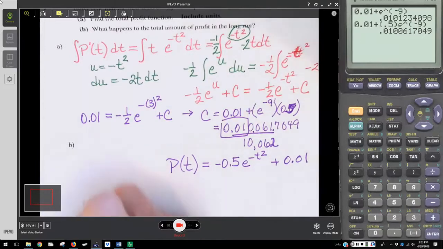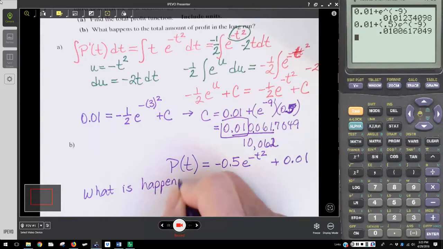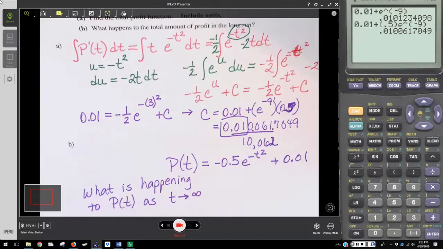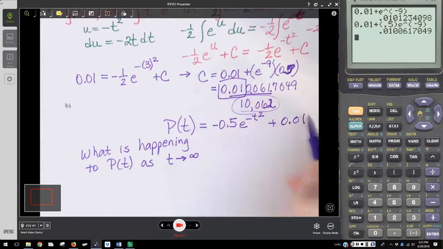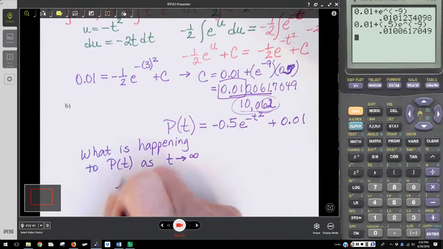But the idea here is what is happening to P of t as t approaches infinity, or as time goes on, as t gets larger. And what we see happening, we actually kind of got an idea of here, is that in year 3, profit had gone from $10,000 to $10,062. And that's because as t approaches infinity,